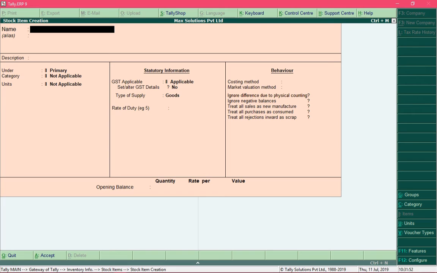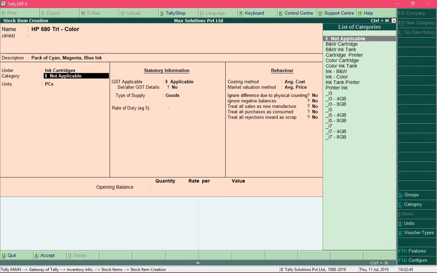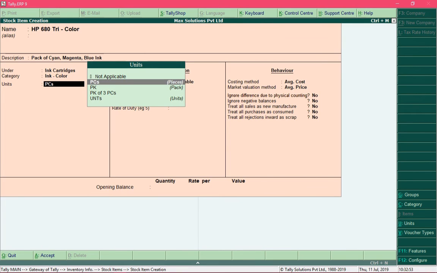Now let me create a stock item for an ink cartridge. It is of HP brand, and provide a short description. And its category would be color ink, and I'm going to sell this as a pack of 3 pieces. So the appropriate unit would be pack of 3 pieces. So I will select it,